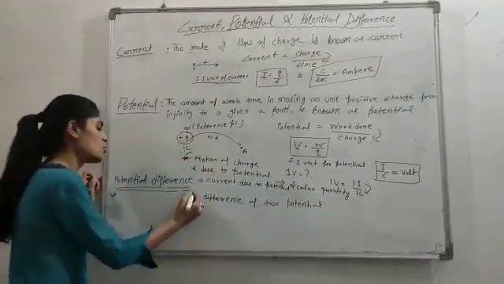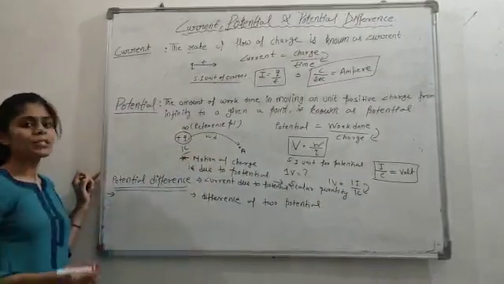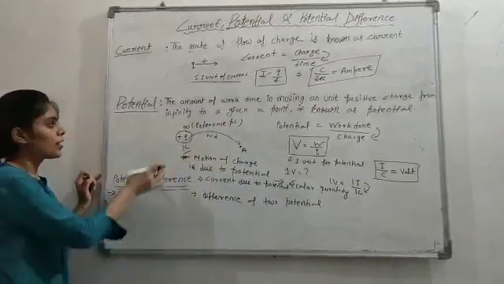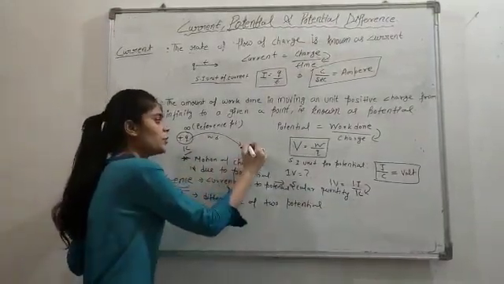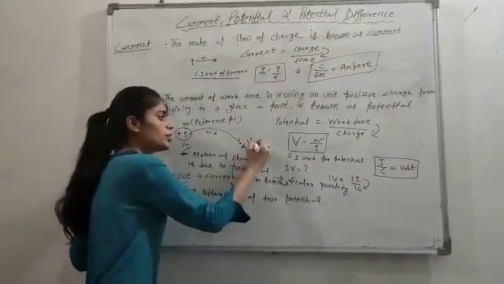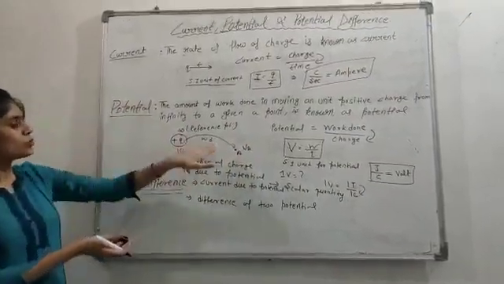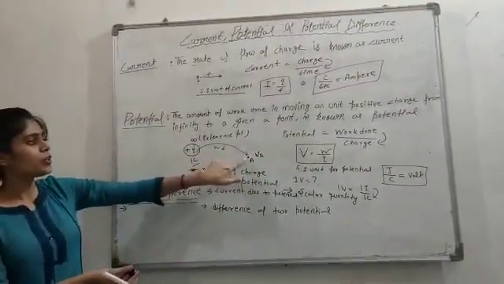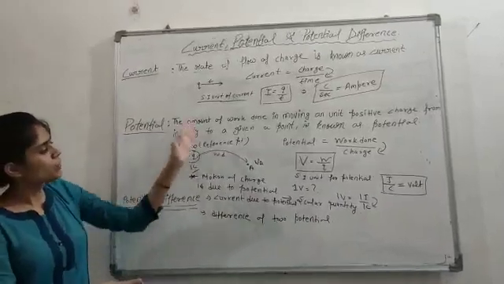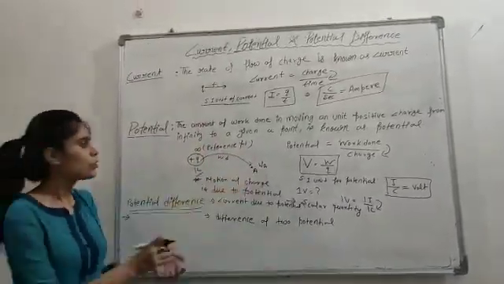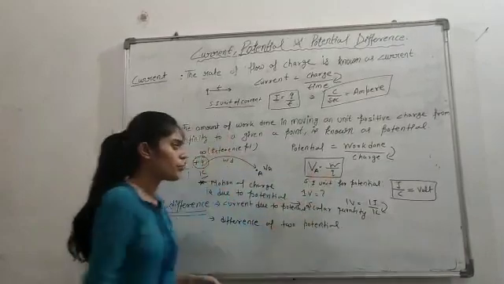So if I say directly, in this case we have been given one point. That means we have only a point potential. In this case, if we go back to the potential, then the potential of a point is the work done in moving unit positive charge from infinity to the given point. So this is VA.